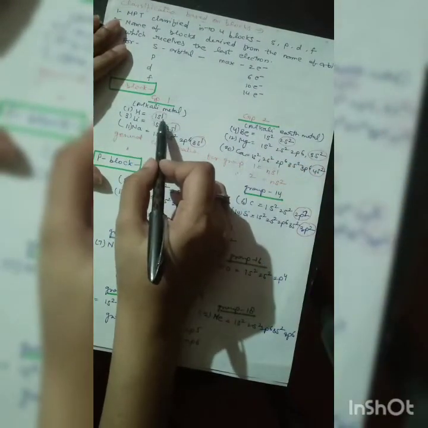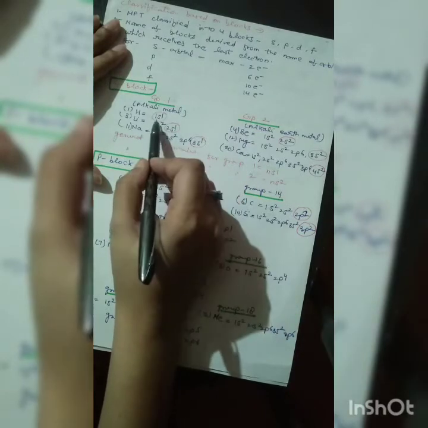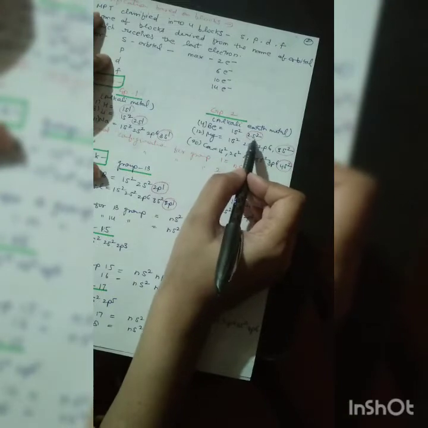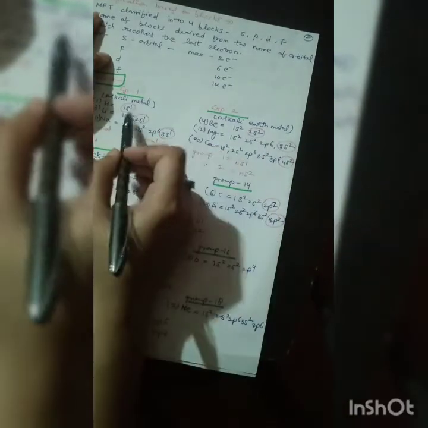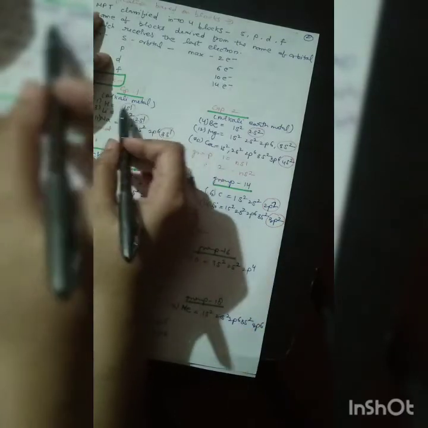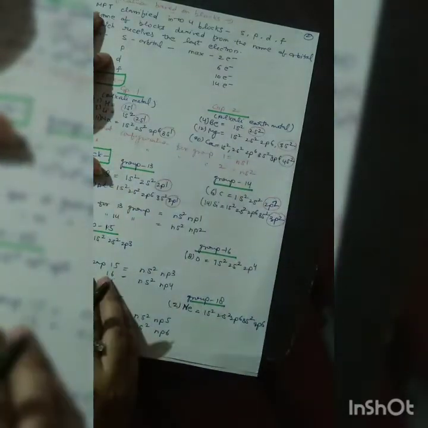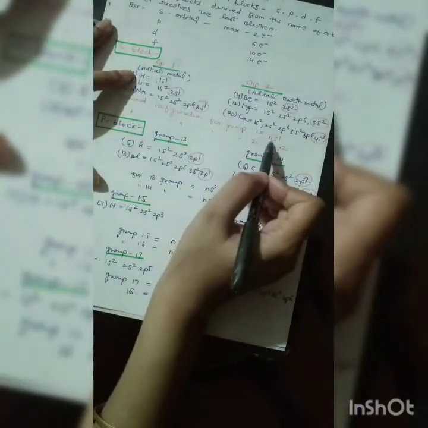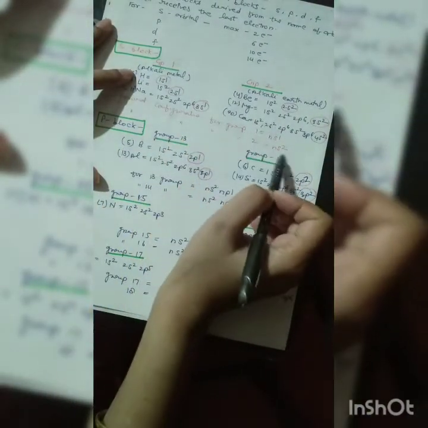Now the last electron is going into the same type of orbital in this group and in this group also. It is going into 2s2, 2s2, 2s2 here, and here 1s1, 2s1 and 3s1. So here s1 and here s2. Okay, now the general formula for group 1 is ns1 and for group 2 is ns2.